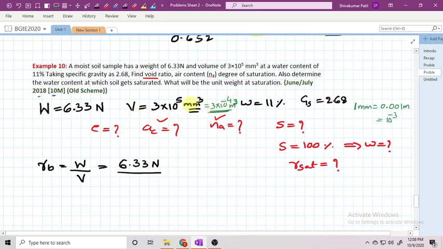So this is if I convert it from mm cube to meter cube. How I converted? You see this. 1 mm equal to 0.001, that means 10 to the power of minus 3 meter. Volume usually will be having 3 dimensions, that is length, breadth, and height. So that means multiply by 3 again, that means 10 to the power of minus 9 cubic meter. So plus 5 minus 9 is nothing but minus 4. So 3 into 10 to the power of minus 4 cubic meter.